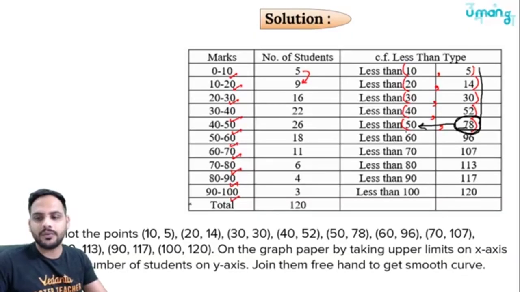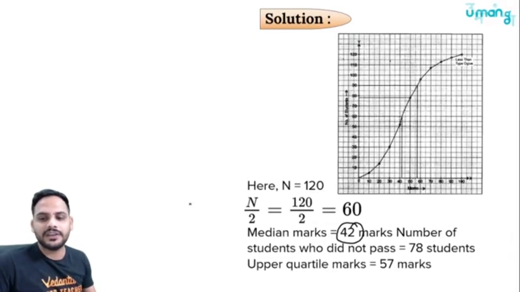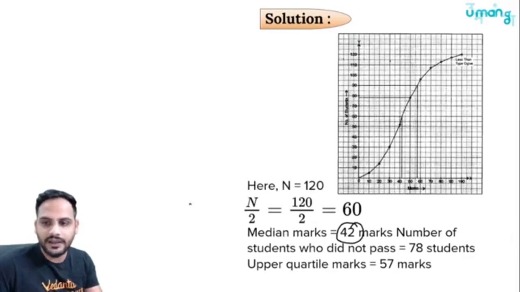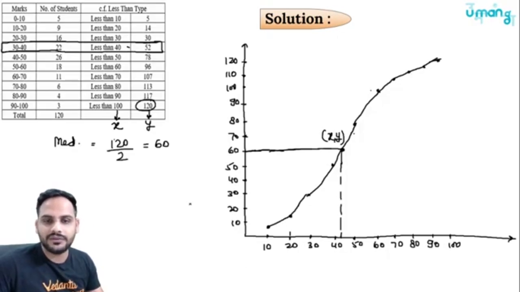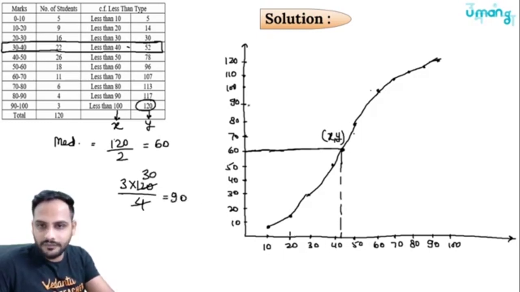And the upper quartile marks. Now beta, for the upper quartile marks, what do we need to do? What will the upper quartile be? We know it is 3n by 4. So 3 into 120 by 4, and you will be getting 90. So from 90,